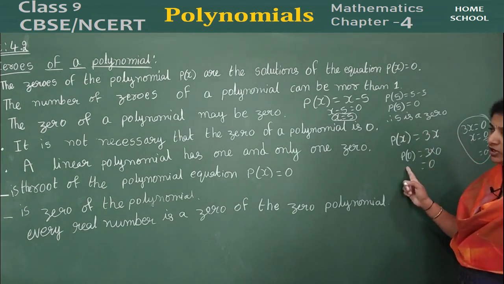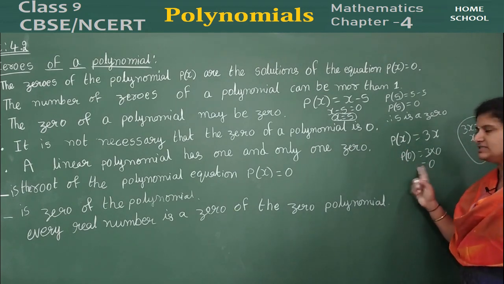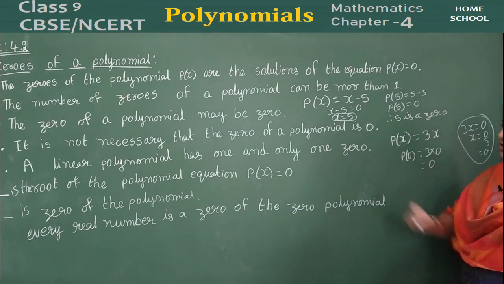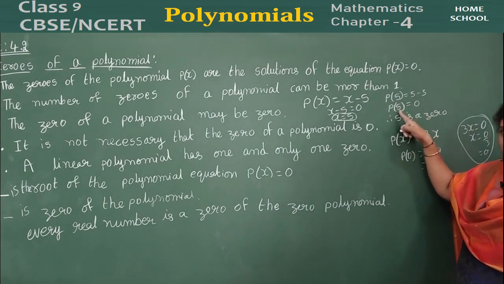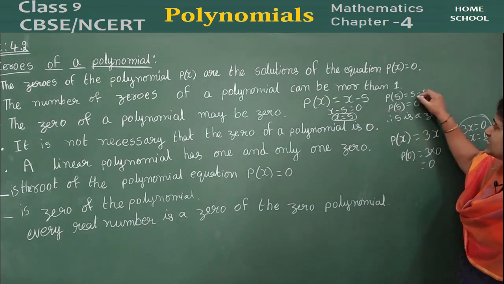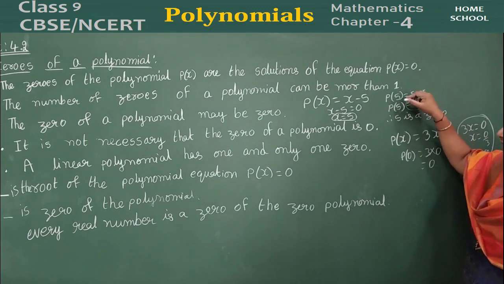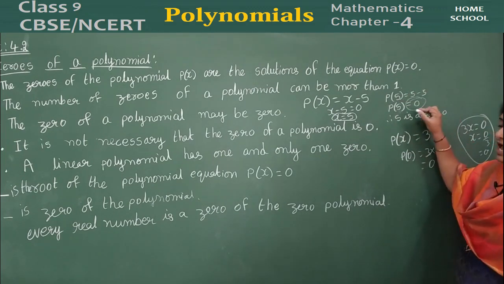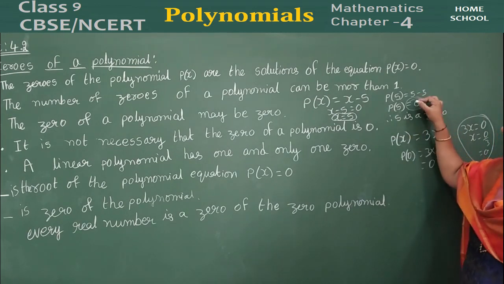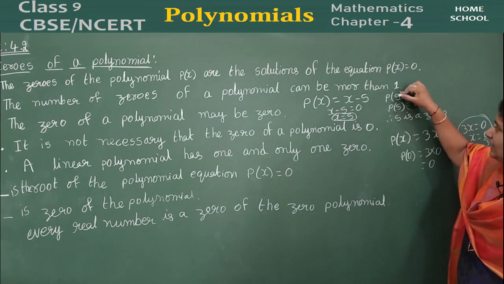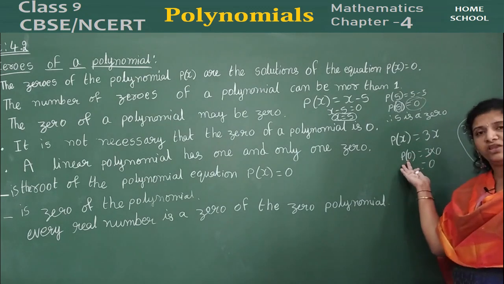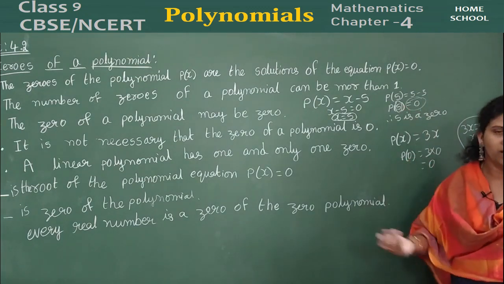The zeros of a polynomial may be 0. This is an example. May not be 0. This is the example: if I substitute any number other than 0 and I get 0, okay, this becomes a 0 of the polynomial when 5 is substituted. When I get an answer 0, whatever number I have substituted in this polynomial to get the 0, that number I call a 0 of the polynomial. Maybe 0, maybe any other number.